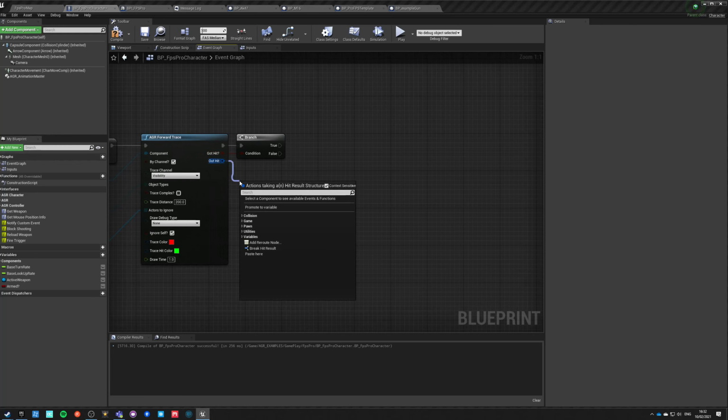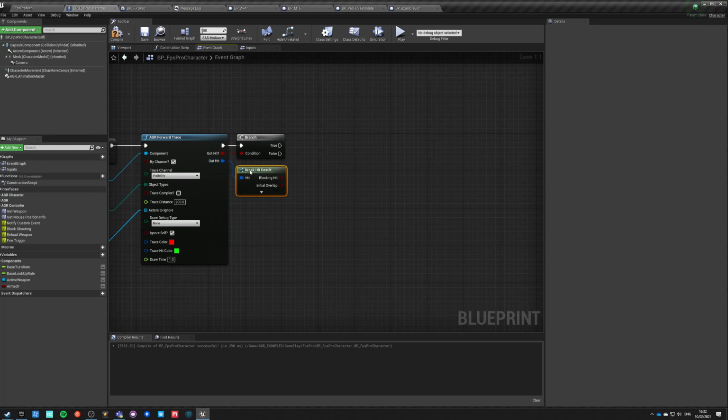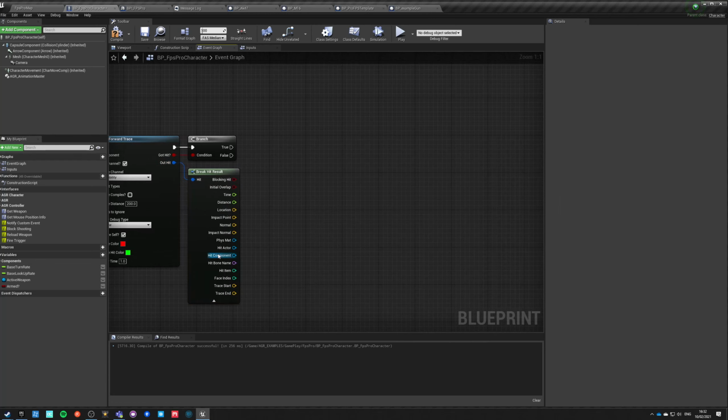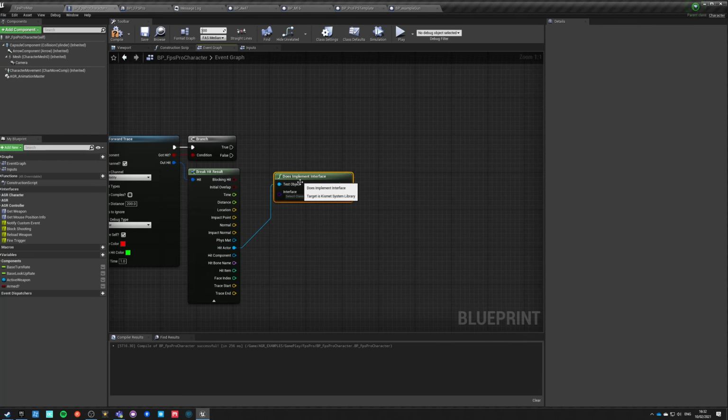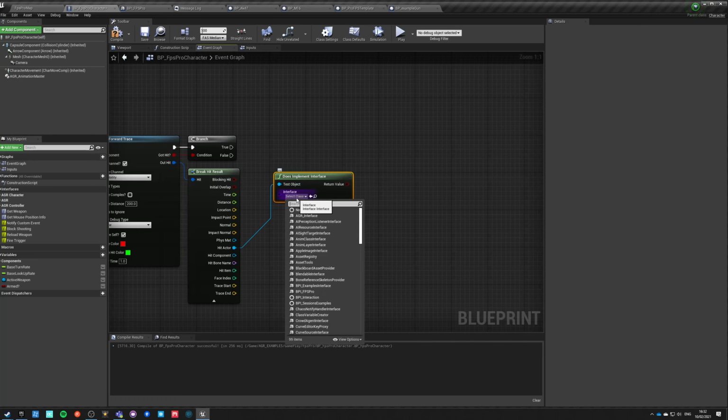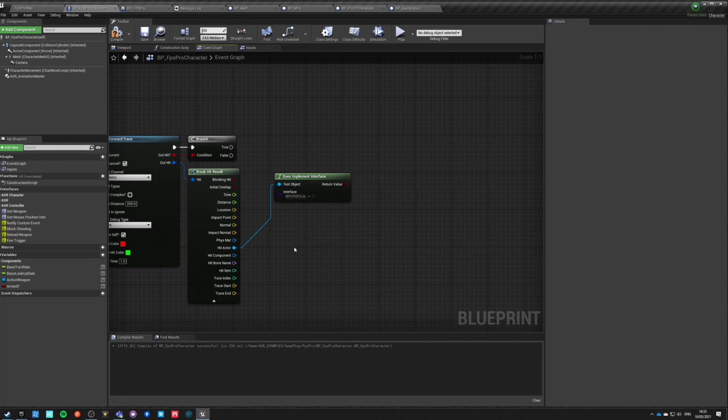Very easily. We just break this hit event, and only our weapon implements the interface. We get the hit actor and check does implement interface, which is called BPI FPS Pro.